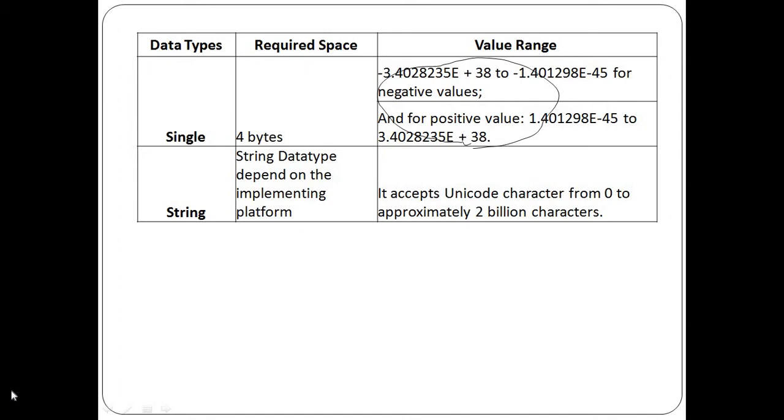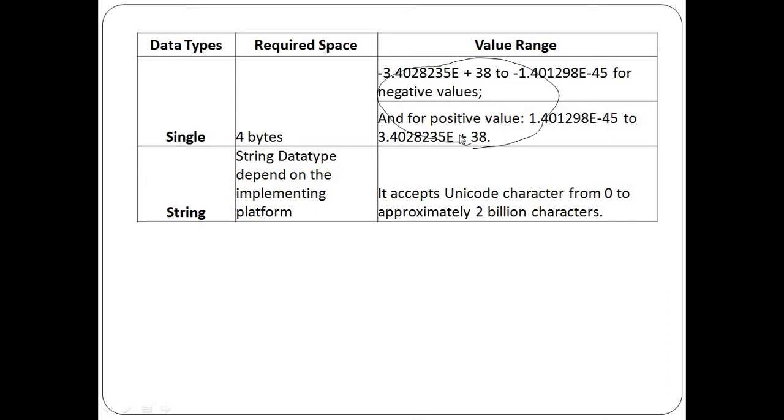Let us today discuss the remaining data types of VB.NET, and also some of the basic elements available in VB.NET. The first data type we have is the single data type. The memory size it supports is 4 bytes, and these are the values that we can store. This is the range of values that the single data type supports. Of course, the single data type is used for storing numerical values, and it can store both positive and negative numbers. And this is the range of values that the single data type supports.